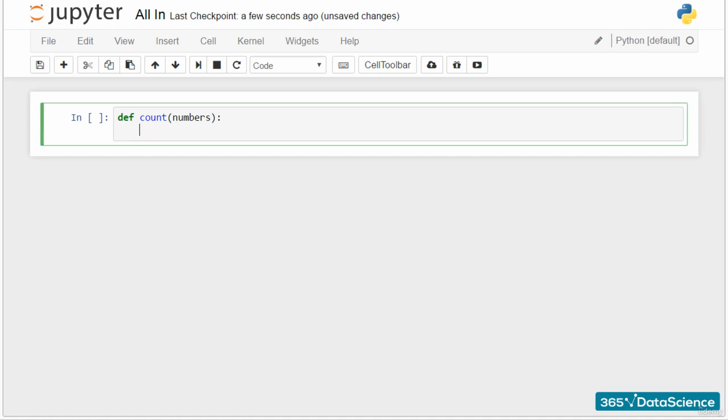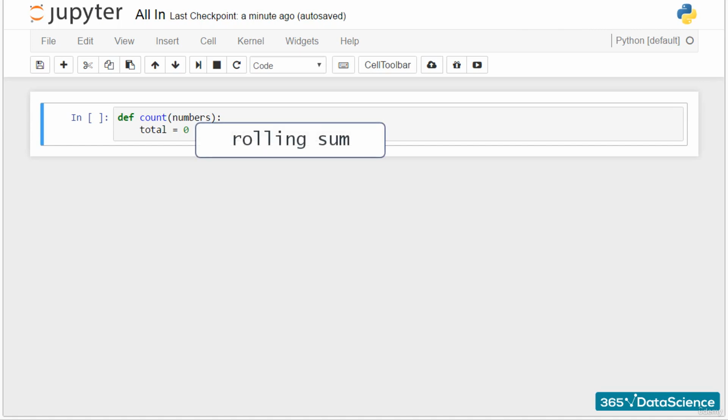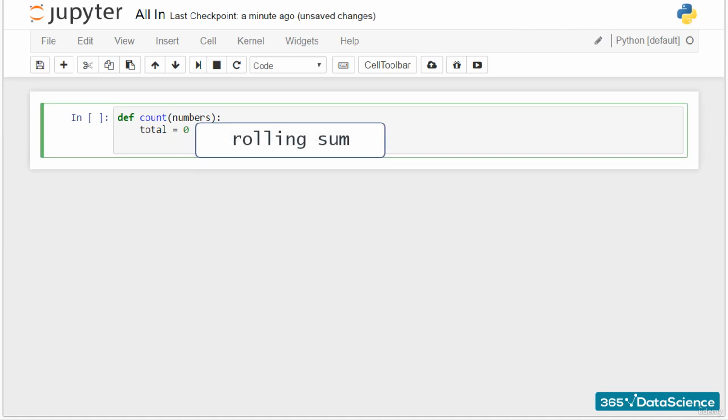The trick is to create a variable that, so to speak, departs from 0. Let's call it total. The idea is that when certain conditions are verified, total will change its value. This is why in such a situation, it is appropriate to call this variable a rolling sum. More technically, when we consider x in the numbers list,